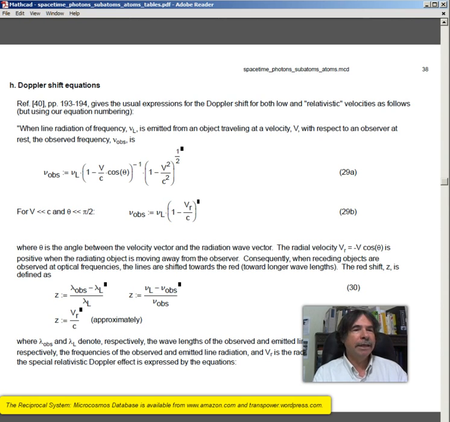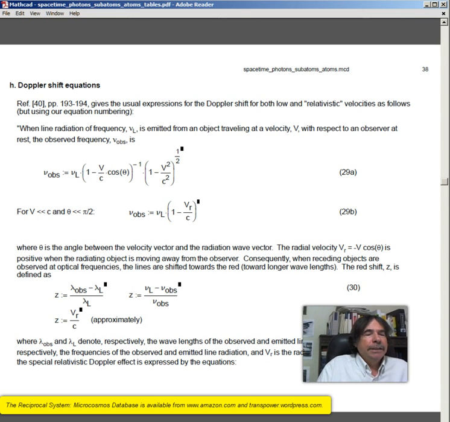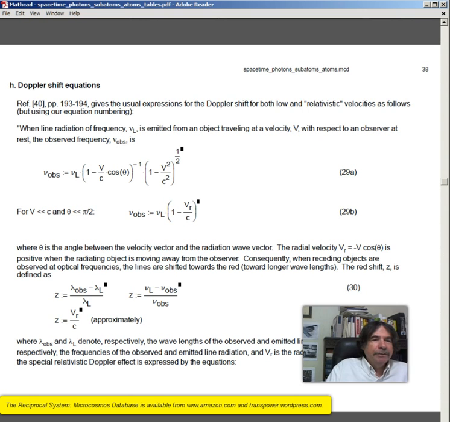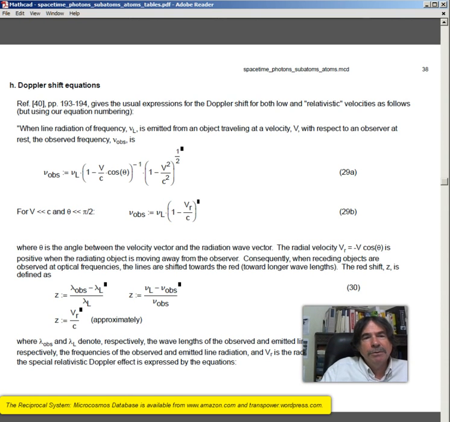Section H, Doppler shift equations. Reference 40, pages 193 and 194, gives the usual expressions for the Doppler shift for both low and "relativistic" velocities as follows, but using our equation number. "When the radiation of frequency nu sub L is emitted from an object traveling at a velocity v with respect to an observer at rest, the observed frequency nu sub obs is," and you can see the equation there,